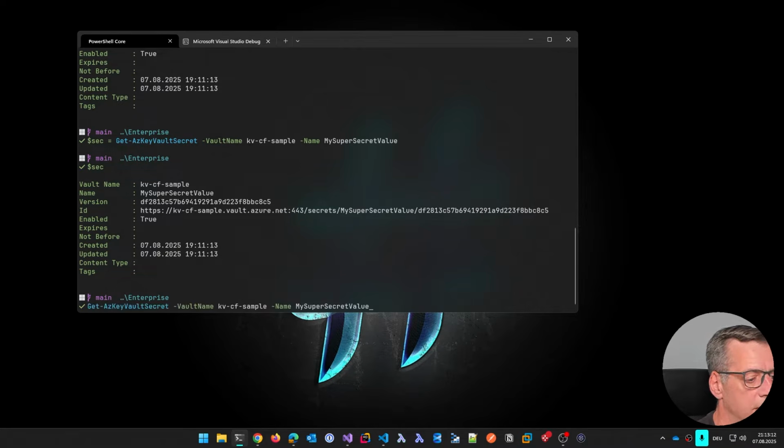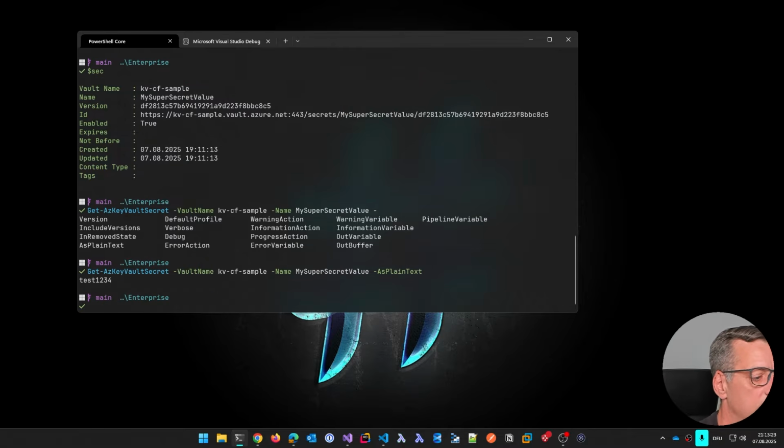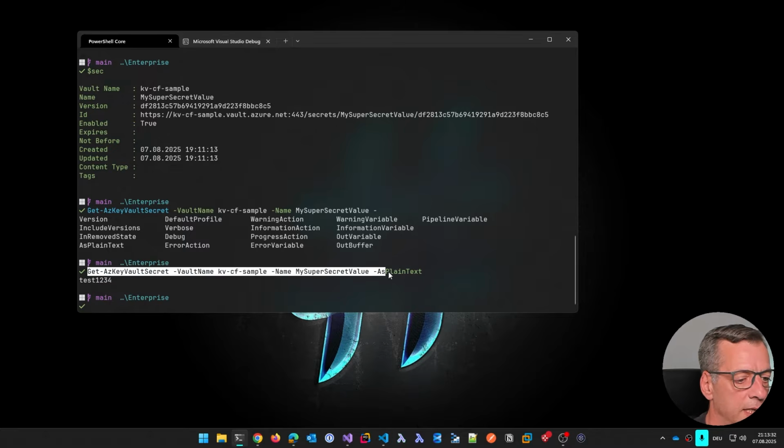And what I also can do is, I think I can say, where was that? As plain text, which is pretty dangerous. You should never do that just like that. But let's say I want to do that. And here we go. I have the secret value. So this is how I can locally use something which is stored in a Key Vault. And if I have the right to access it